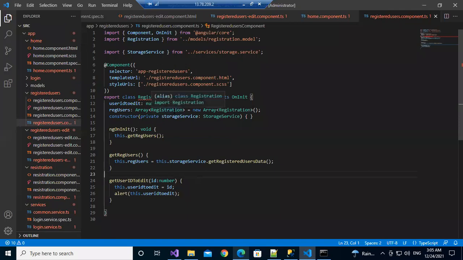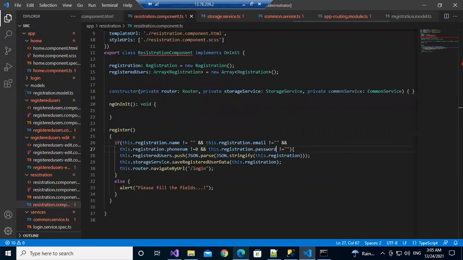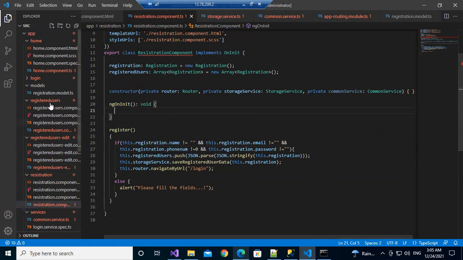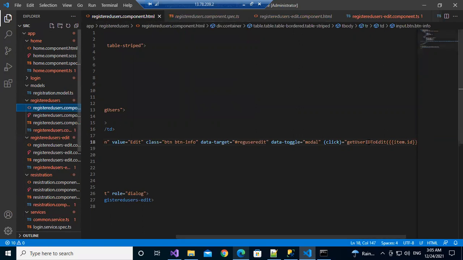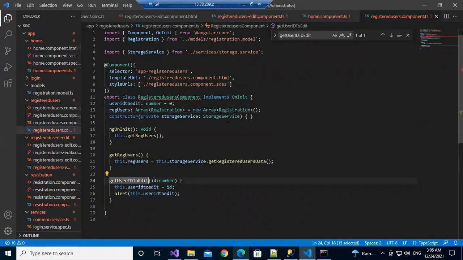Item.id, registration. Go to registration here. ID, small id only. Registered user component. I'm always opening the spec file. F3. So this is the function which takes the type number. So what is the error?